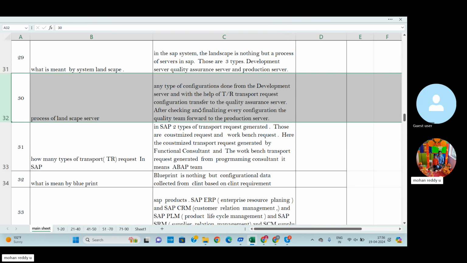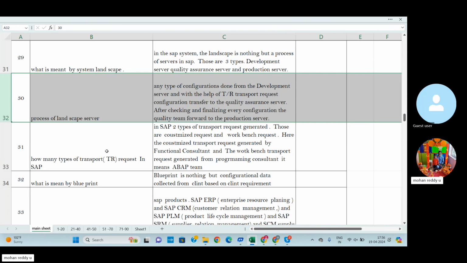After checking, the quality server people finalize each and every configuration, and if it is proper, then the quality assurance team forwards it to the production server.